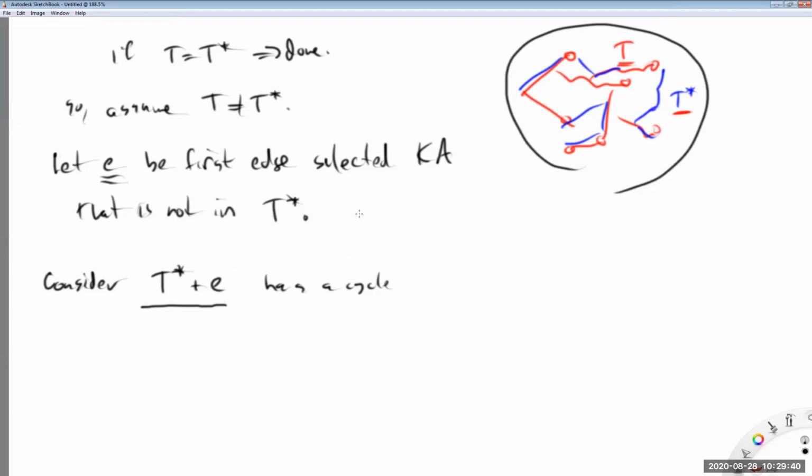Just one. You actually only get one. I'll leave you to think about that a little bit. Certainly, if you draw examples, you'll see when you draw one edge to an existing tree, you'll only get exactly one cycle, not multiple. It follows from the tree properties that we proved the first time, but I'll leave that for you guys to think about, okay? So it has, I'm even gonna say, a unique